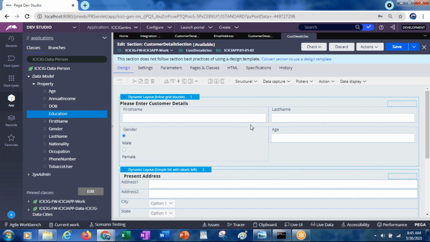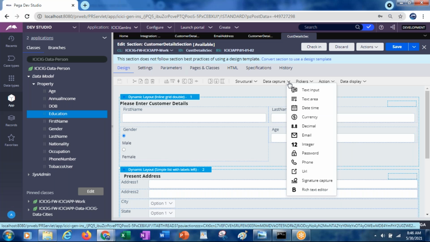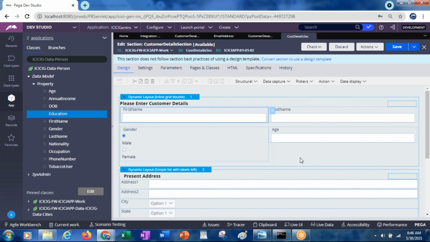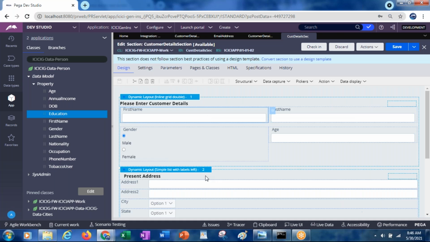So here we will add that control. This is again a different section or what? Customer details, that first mail.